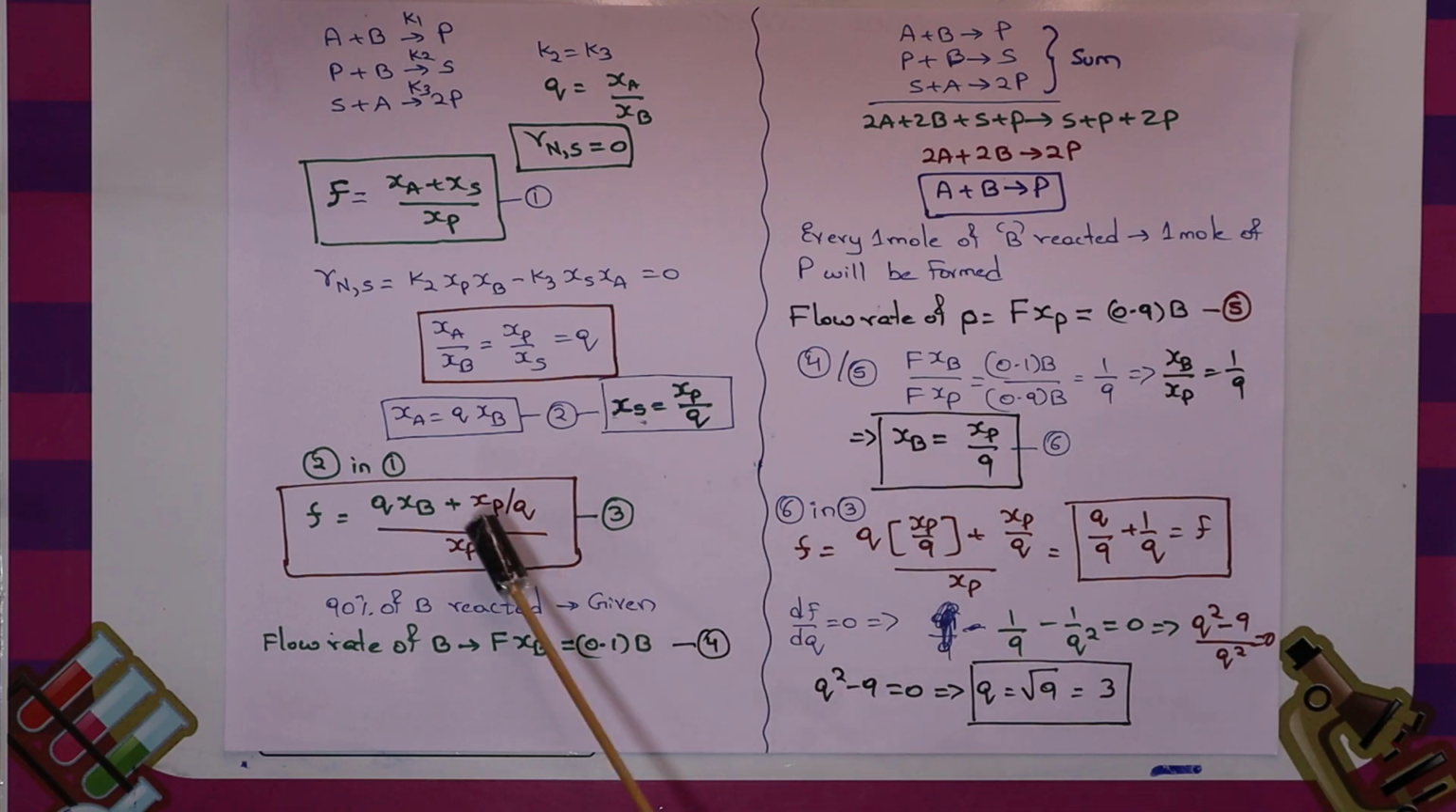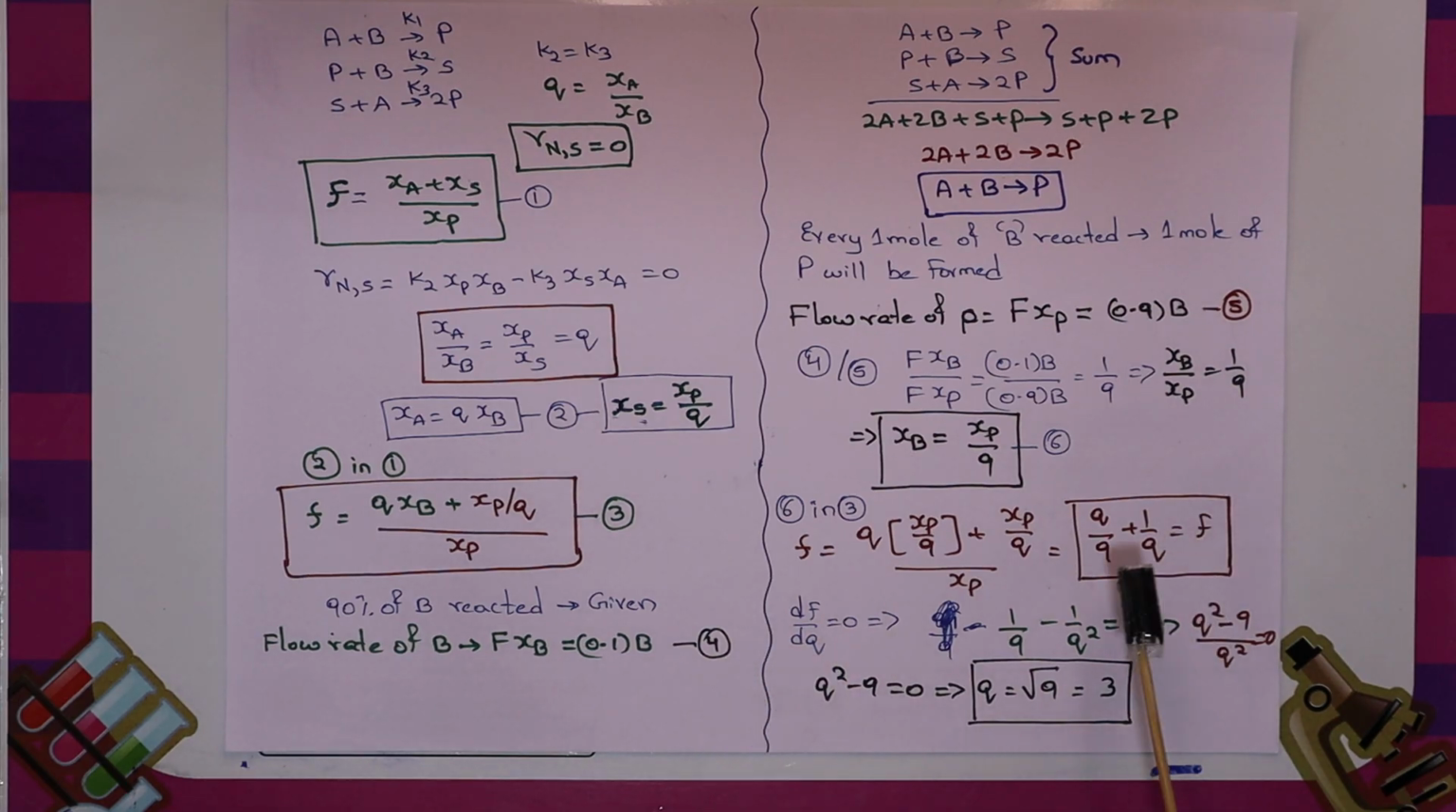Simply substitute in this particular equation: F equals Q into XP by 9 plus XP by Q by XP. If you take out XP as common, it cancels out. Finally the function value is nothing but Q by 9 plus 1 by Q. So for a maximum or minimum you have to take the derivative of the function and make it equal to 0. So df by dq equals 0, which is nothing but 1 by 9 plus 1 by q square